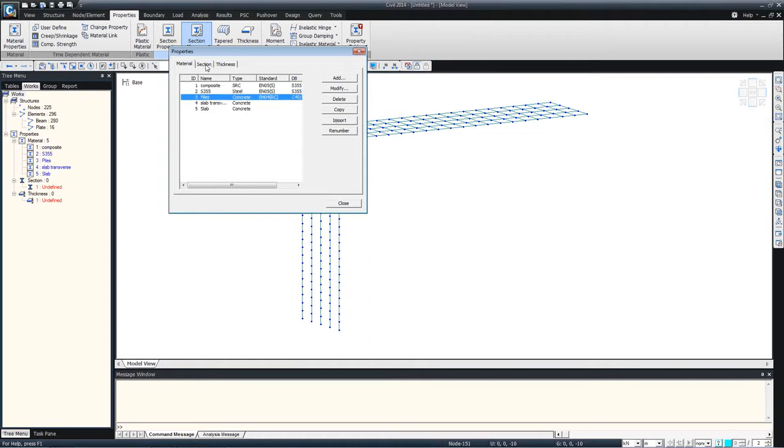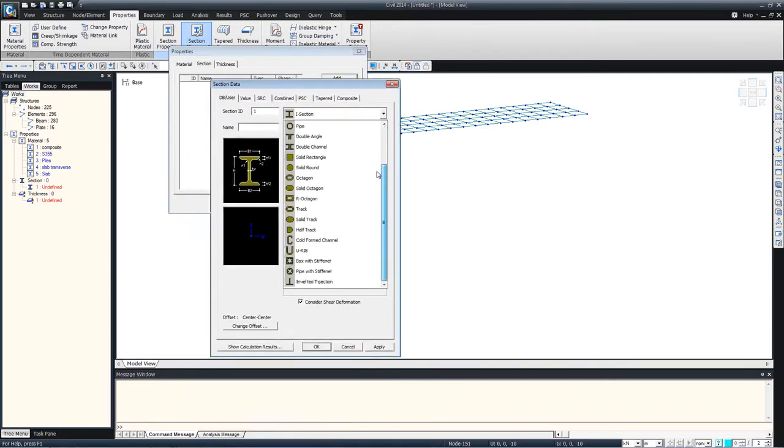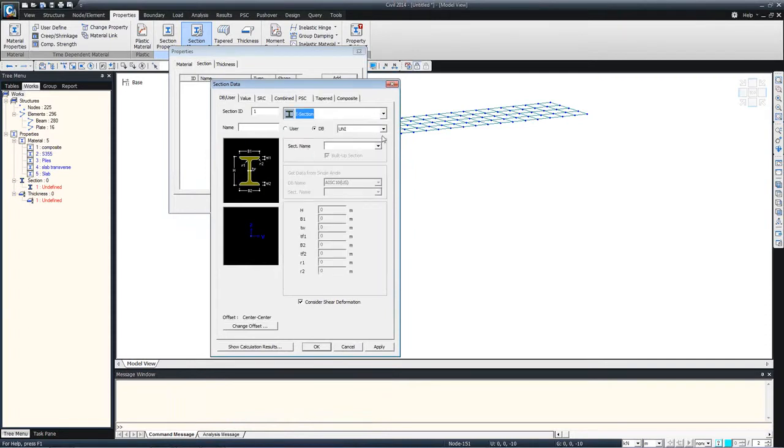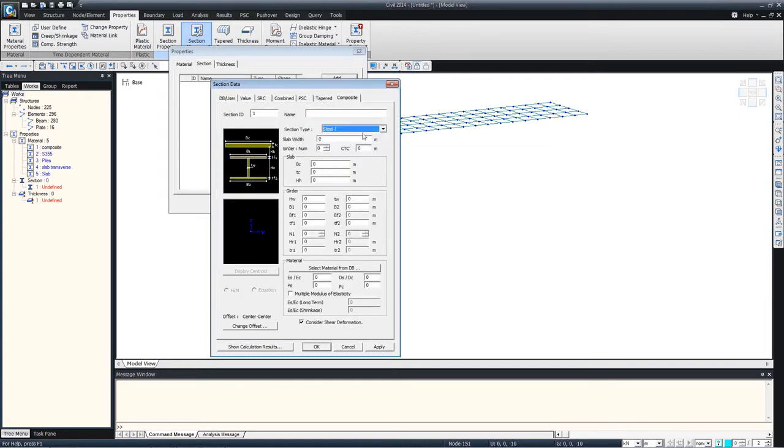Now for the section, I'll go to the section tab, add, and you can create a multitude of different types of sections, starting from standard sections like I sections. You can select British standard and select different U-beams and universal columns. Then we can also go for composite sections, where you have steel I, or composite PSC, which is composite precast